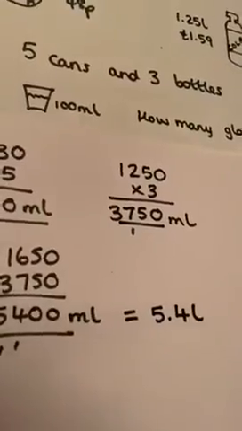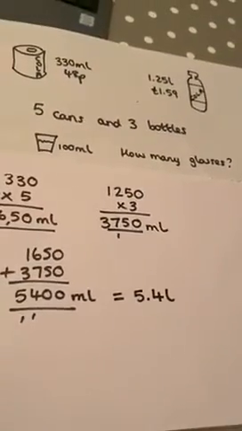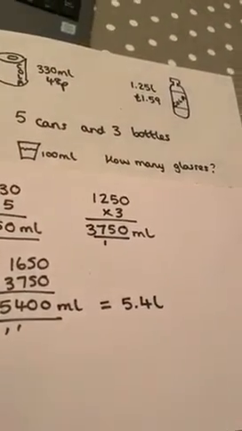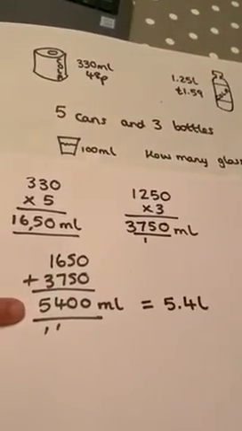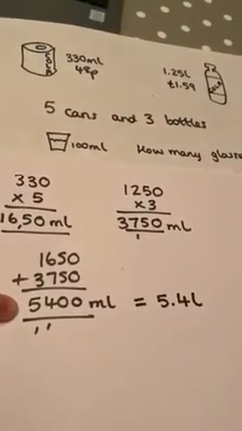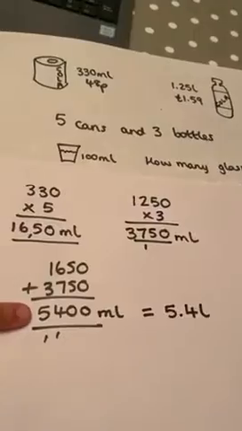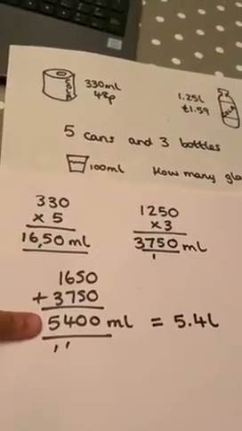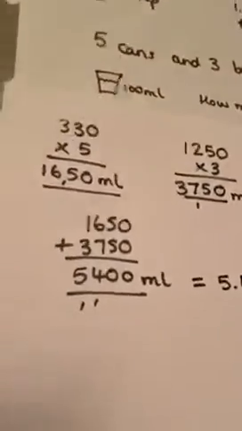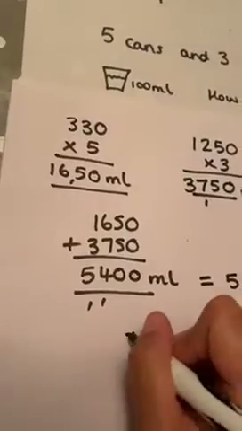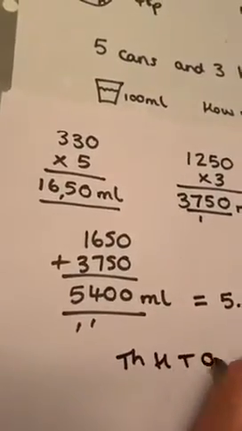5.4 litres. So, how many glasses can I make? How many 100 millilitre glasses can I make? Well, I'm going to prefer to look at it from my 1,000 number because that's going to be easier to divide. So, if I write my place value columns to help me,